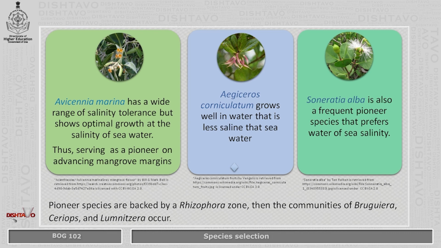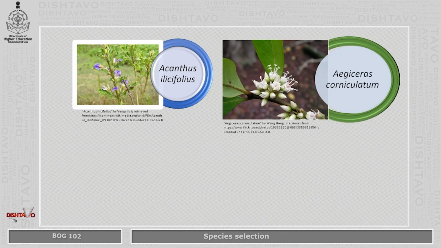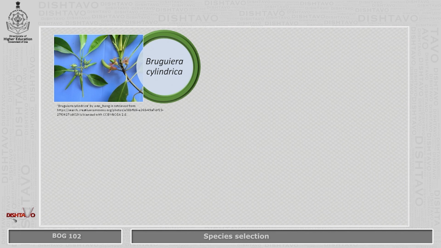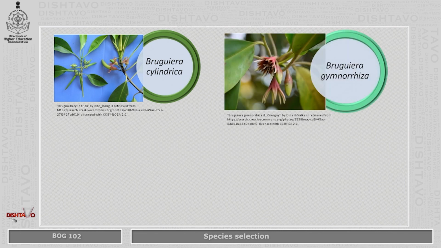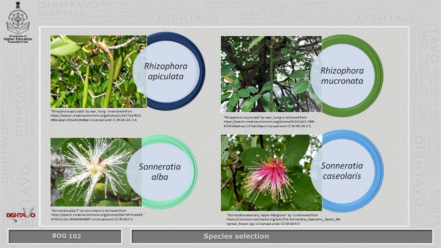The pioneer species are backed by a Rhizophora zone, meaning the Rhizophora species, and then the communities of Bruguiera, Ceriops and Lumnitzera occur. These are some of the mangrove species occurring in Goa: Acanthus ilicifolius, Aegiceras corniculatum, Avicennia marina, Avicennia officinalis, Bruguiera cylindrica, Bruguiera gymnorrhiza, Ceriops tagal, Excoecaria agallocha, Rhizophora apiculata, Rhizophora mucronata, Sonneratia alba, Sonneratia caseolaris,